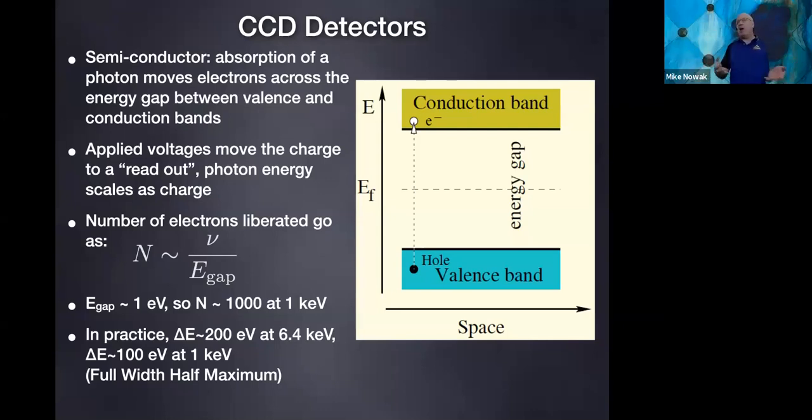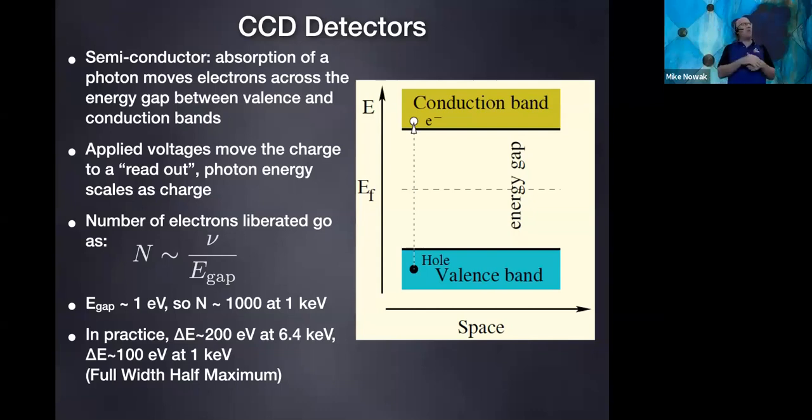And what we do is we apply a voltage to this semiconductor, and we take these accumulated charges and we move them across the CCD to a place where we read out and we count those number of photons, and the counting of that photons leads to what we say the energy of that photon was. And again, there's a statistical uncertainty in counting that.